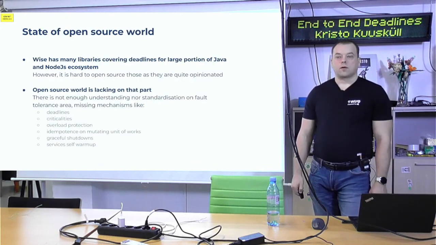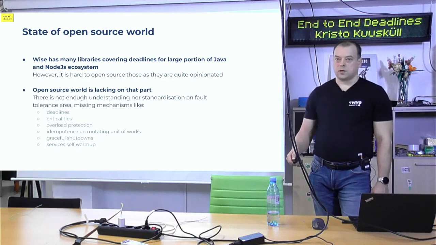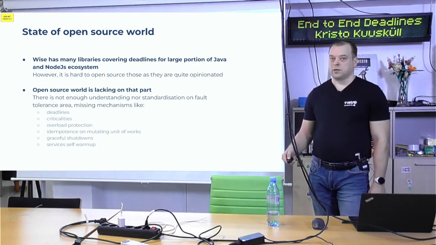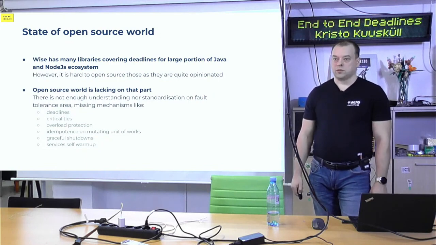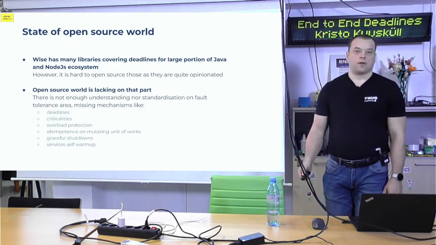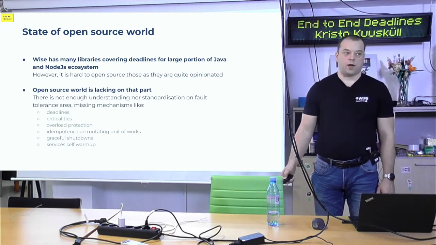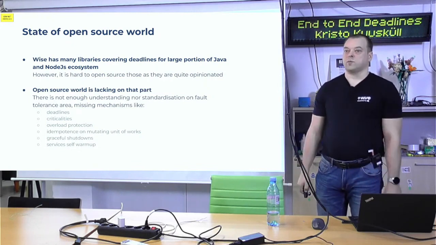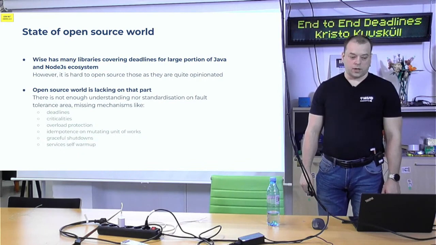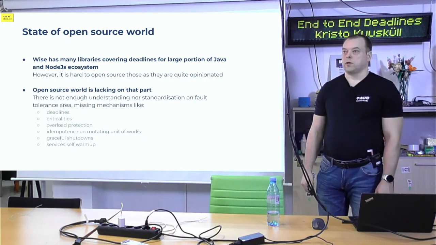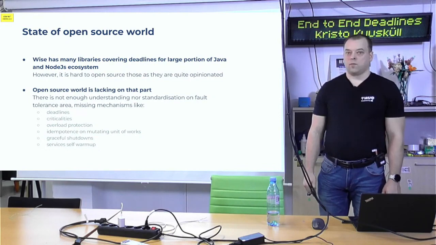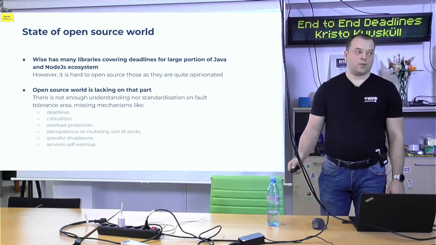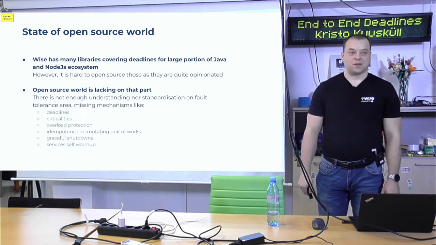And that was not a question, but my rhetorical question: why is it hard to implement deadlines? Why can't we just, let's say in the Java ecosystem, take some open source Spring library or open source database wrapper library and put an Nginx proxy somewhere, and it will magically support deadlines? The problem I see is that the open source world doesn't reach the kind of scale that companies like Wise have. And before you reach that scale, those problems are not known to you. You only discover those problems at that scale.